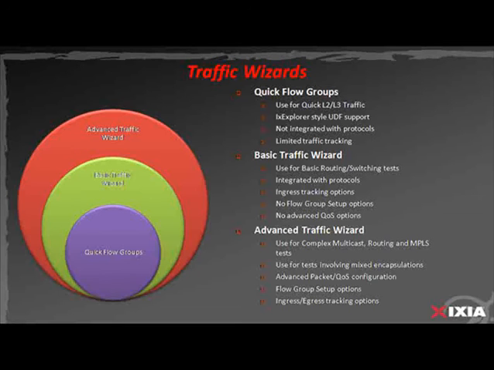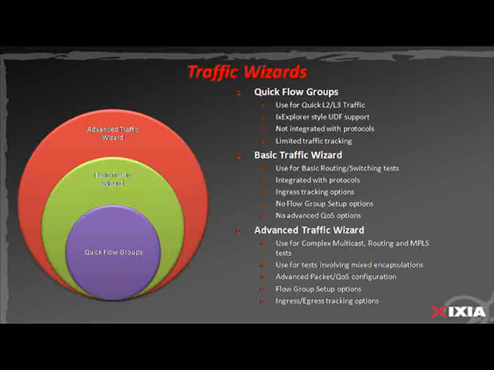The basic traffic wizard can be used for routing, switching tests, which are not complicated in terms of the topology. This traffic wizard is integrated with protocols, and things like MPLS label learning and route learning are supported with the basic traffic wizard. There are options to support ingress tracking,